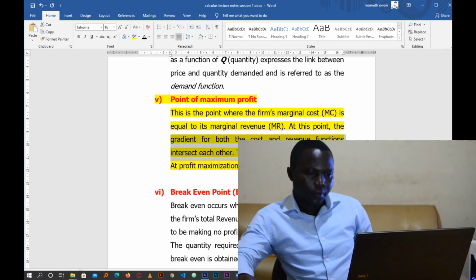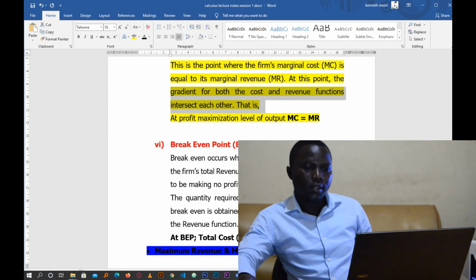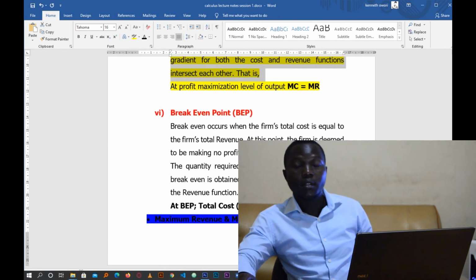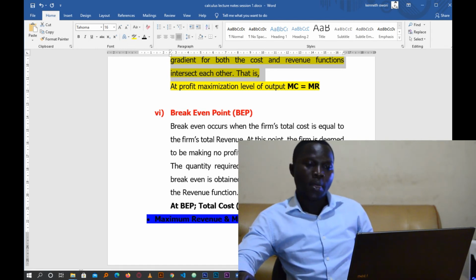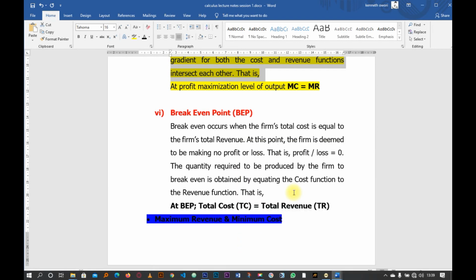So you have the break-even point. This is a point where the firm neither makes a profit nor makes a loss. In other words, the firm is just able to recover its costs. It is just able to recover the cost of investment. So you find that it makes no